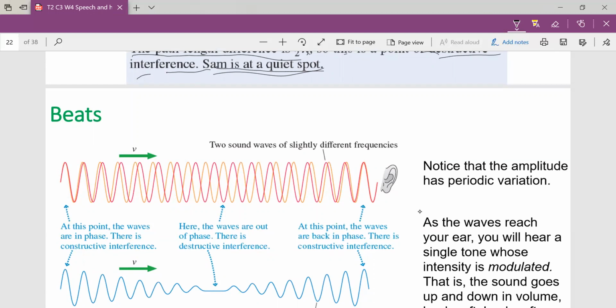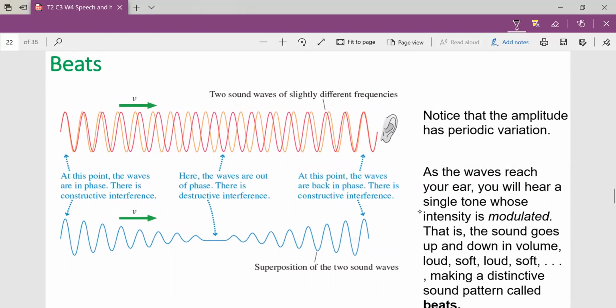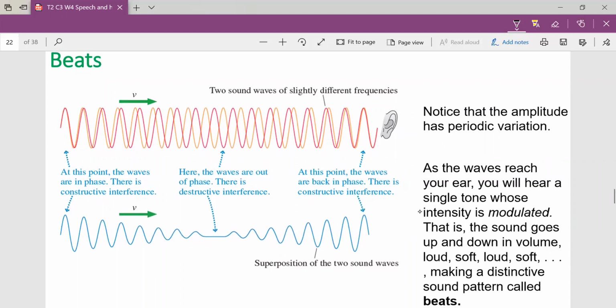Beats. How is this different from the first topics we discussed, the pitch, sound, and interference? They are typically the same description for sound, but with a slight difference. When we say beat, we are talking about a distinct sound pattern that we hear when we make sound, which could be majorly from musical notes or from whatever we can use to produce sound. But what we actually want to focus on here is that